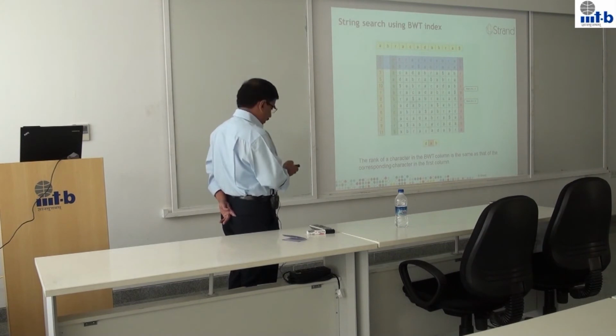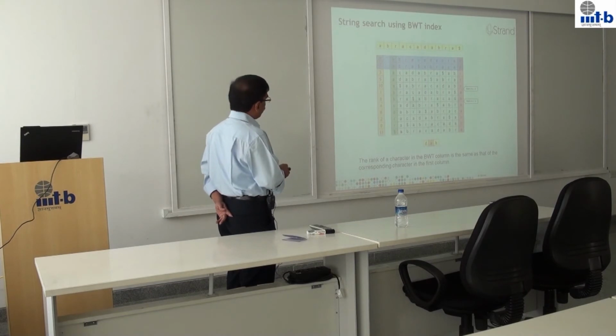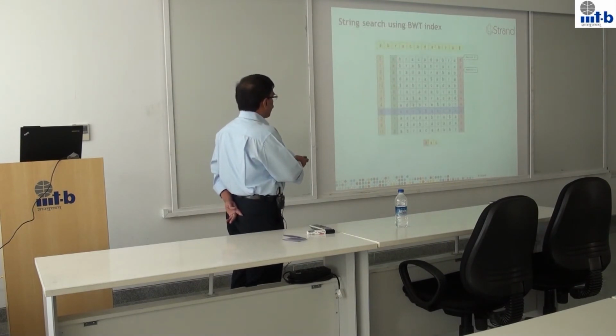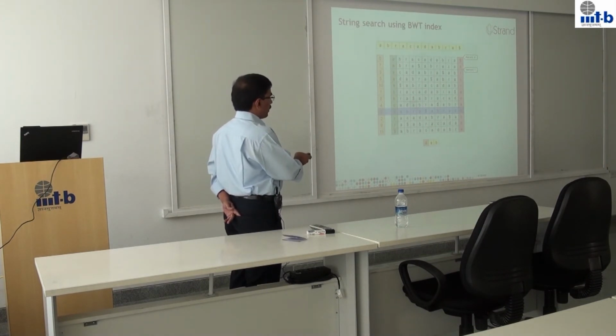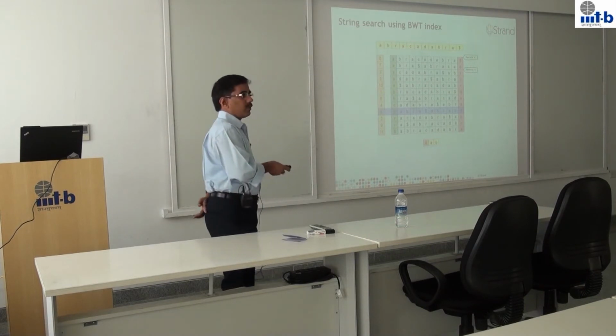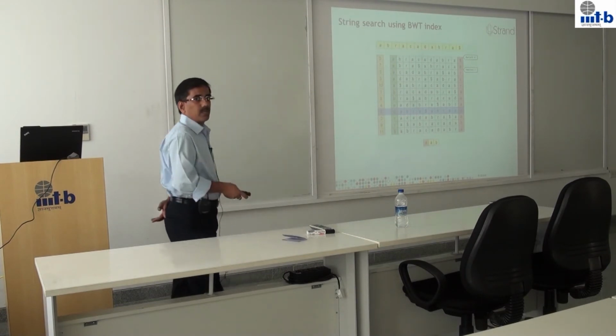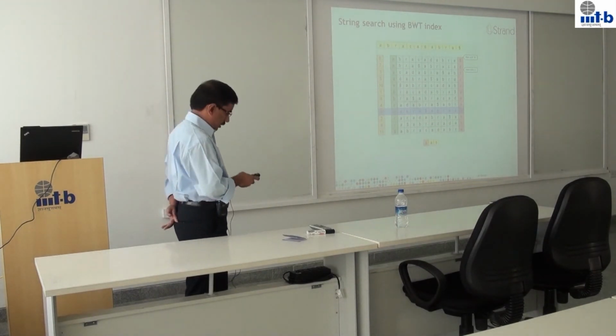Once we have this, again the same step. We need to look at the ranks for the next character, which is D. For D it is 0 here, there is nothing above that, and here it is 1. So 0 to 1 is the range that we need to look at. But for D there is only one row, so 0 to 1 is that one itself. So we are already at that character, at this whole string. DAB is present at this location. So 6 is the place where DAB is present in this complete sequence.